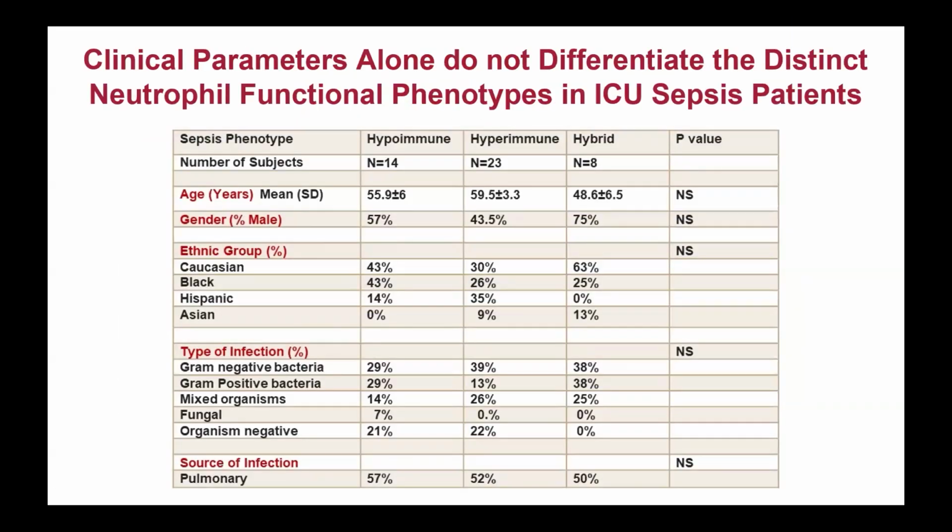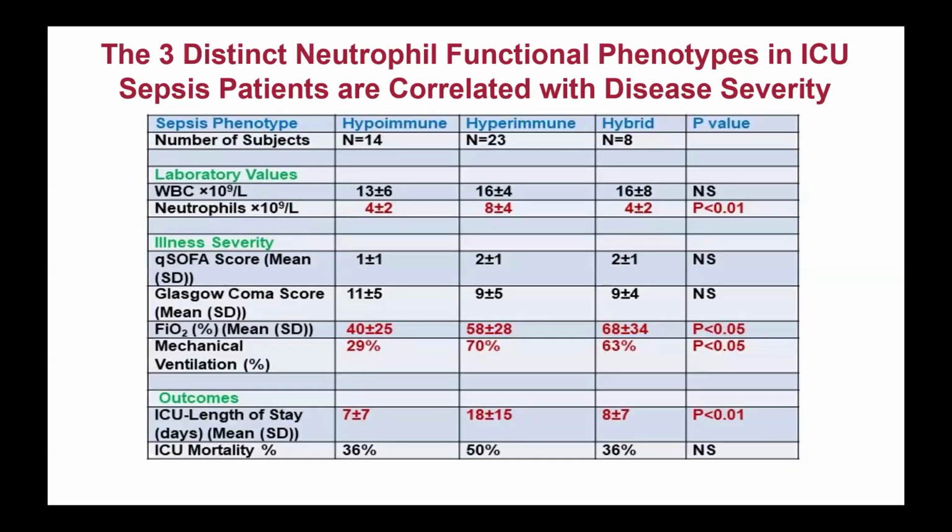I already said this. Clinical parameters alone cannot differentiate between these distinct neutrophil functional phenotypes in ICU patients. They all pretty much have the same parameters that clinicians use to group them. There is no way to separate these three groups of patients from each other based on the currently existing clinical parameters. However, if you look at these three distinct functional phenotypes in ICU patient sepsis, they are correlated with disease